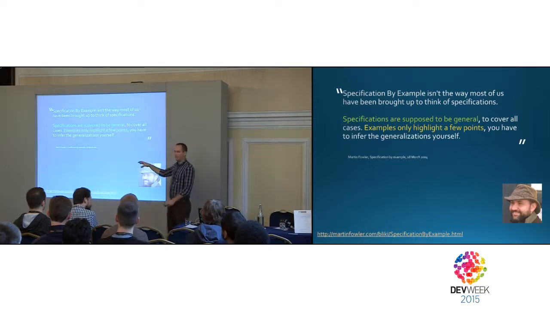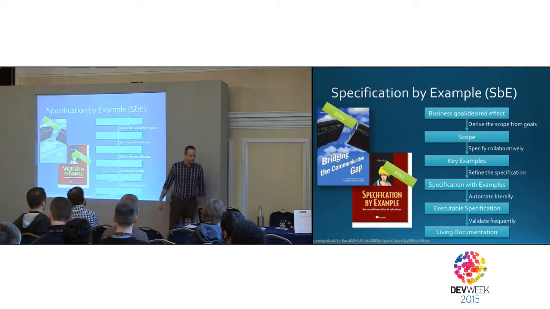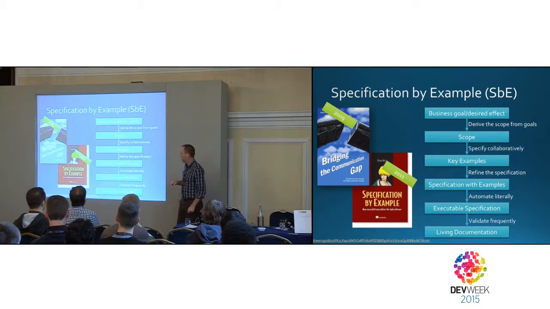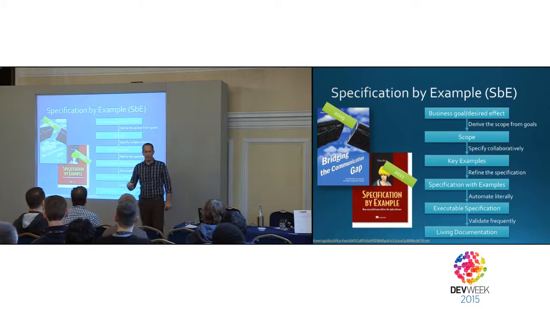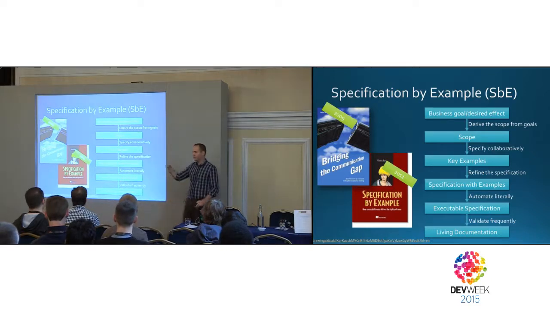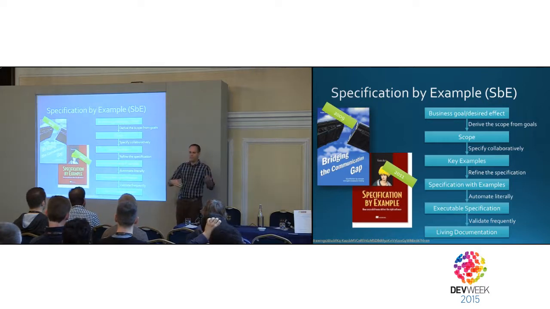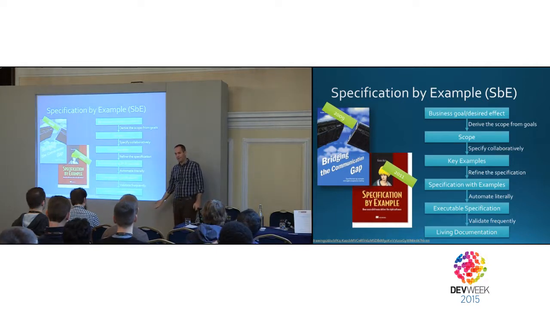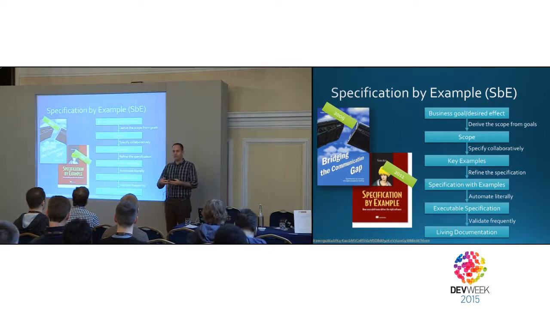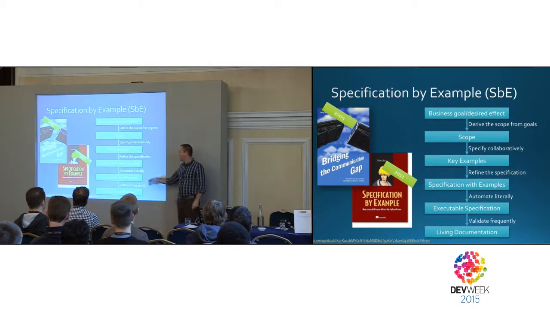Someone else took the ATDD and specification by example and made a process out of it. His name is Gojko Adzic. And he started with this book, Bridging the Communication Gap. He went the other way. He said, well, testers and developers don't talk too much. When they talk, they probably shout at each other, right? Yeah. This is a bug, not my bug, your bug, cannot reproduce, et cetera, et cetera. And he talks about how to use acceptance tests. We're not talking TDD, ATDD, acceptance tests in order to bridge a gap, make them talk in the same words to one another. And he has a nice process in place.